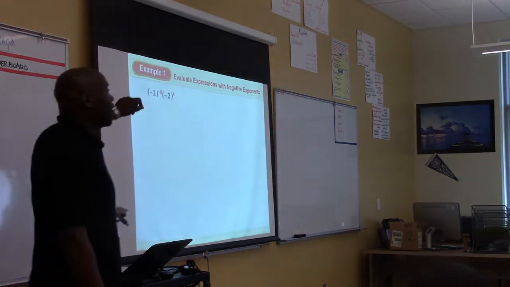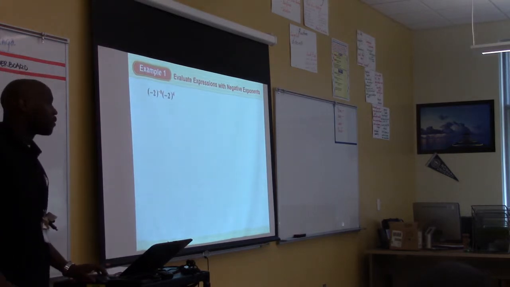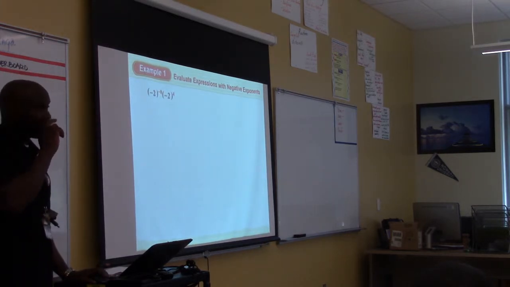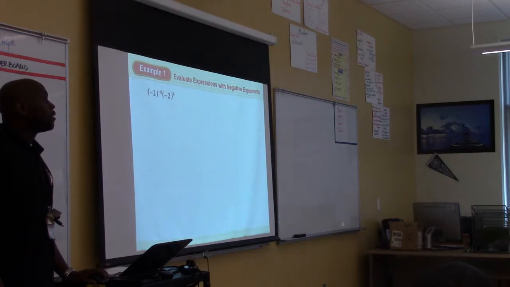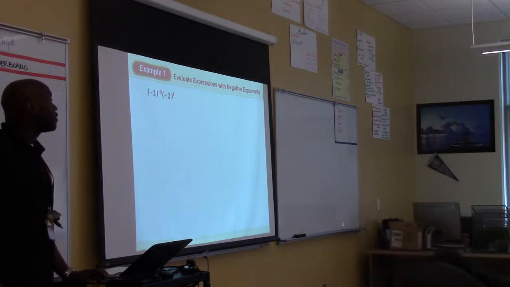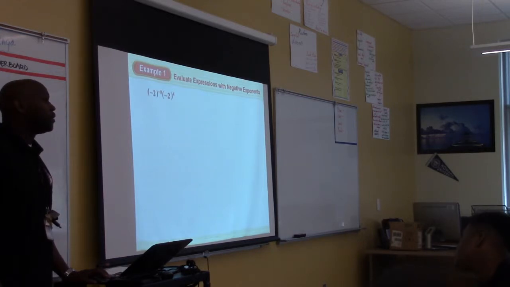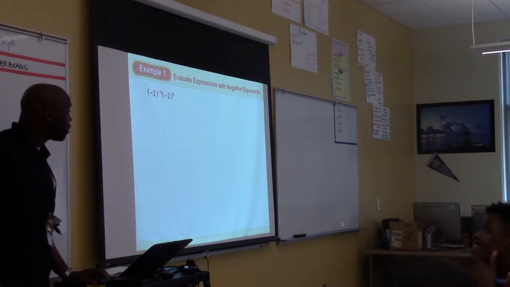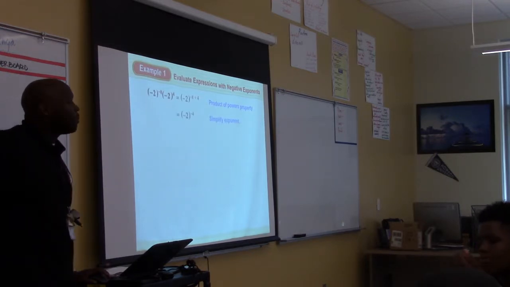So what would we get over here? Negative 2 is the base, and 4 is the exponent, because negative 8 plus 4 will give us negative 4. So it's going to be negative 2 to the negative 4 power. It's right, and then once we simplify it,